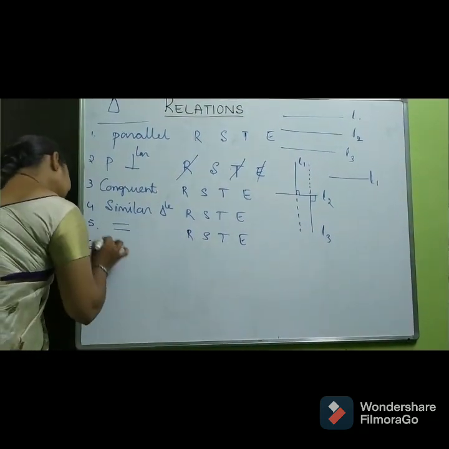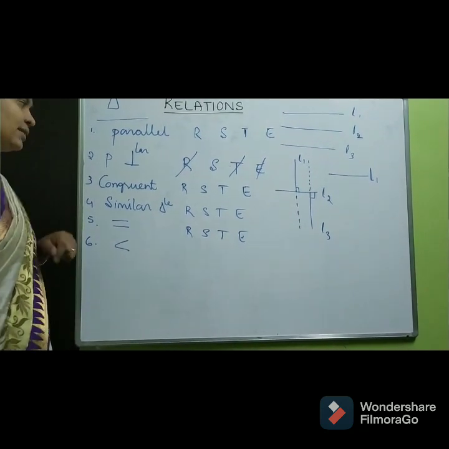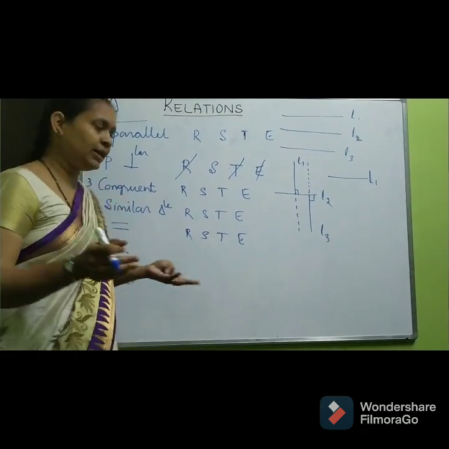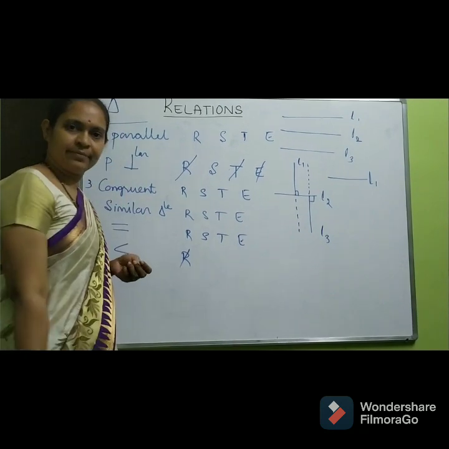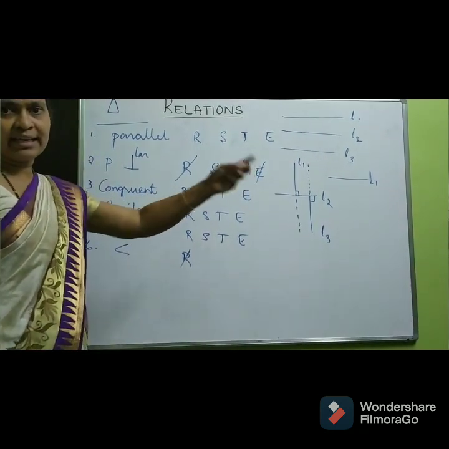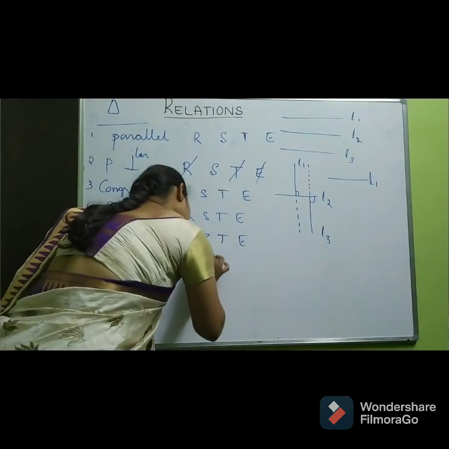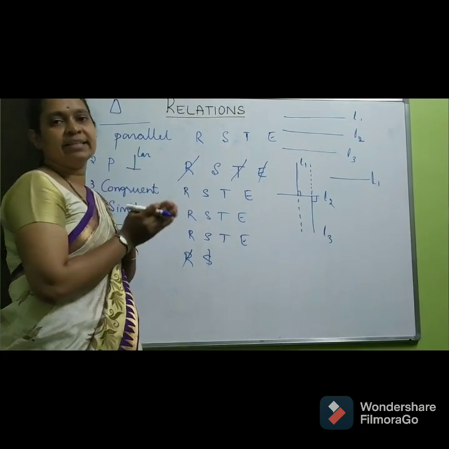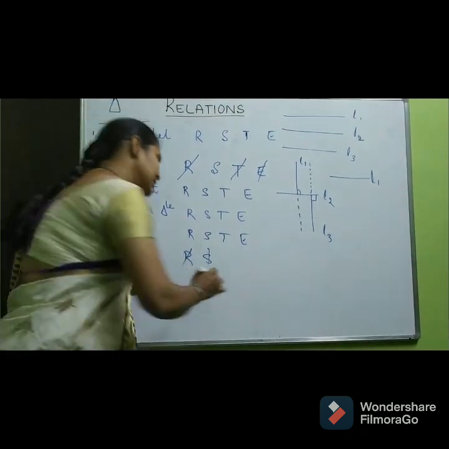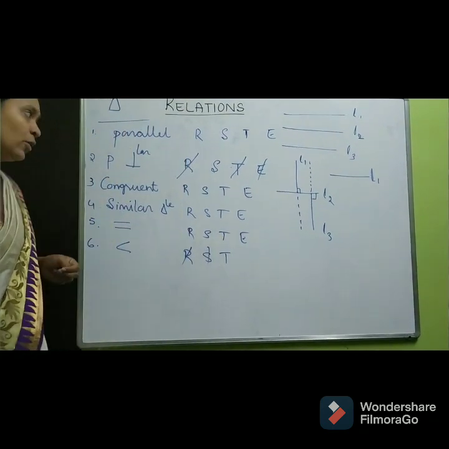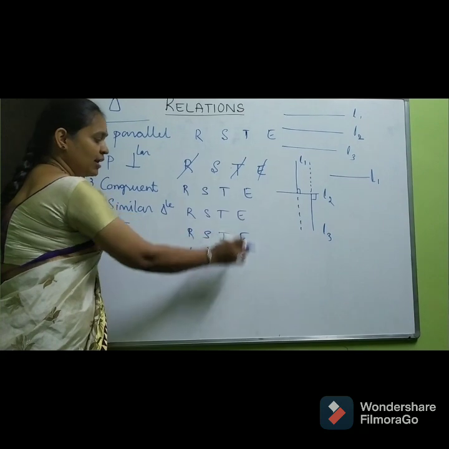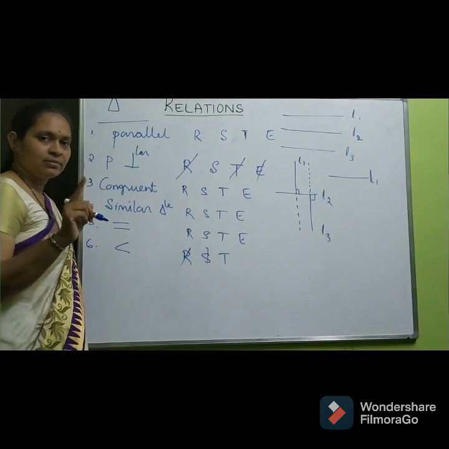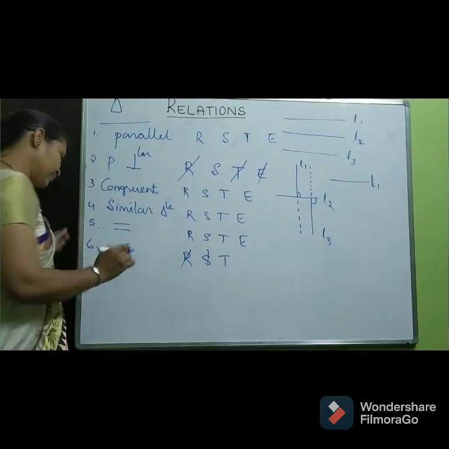Next is less than. We can't say a number is less than itself. 3 is less than 3 has no meaning. Therefore, it is not reflexive. Is it symmetric? If 3 is less than 8, 8 can't be less than 3. Therefore, it is not symmetric. Is it transitive? 2 is less than 5, 5 is less than 8, therefore 2 is less than 8. Therefore, it is transitive. You have to be very careful when only one relation exists. Less than relation is only transitive.